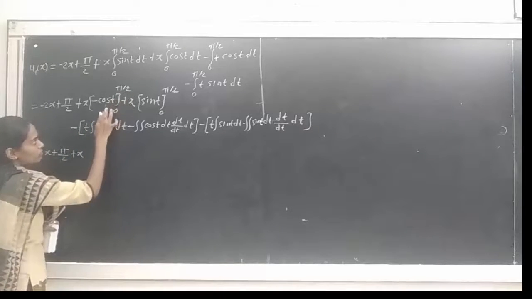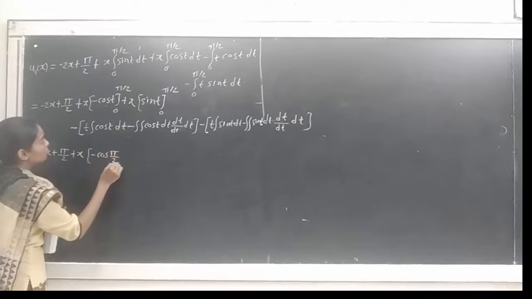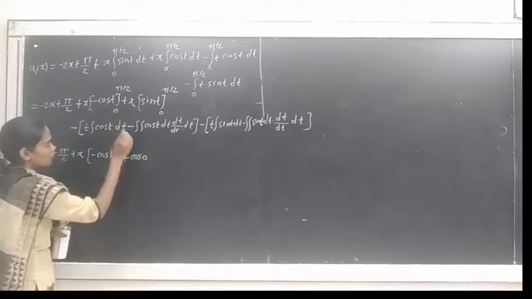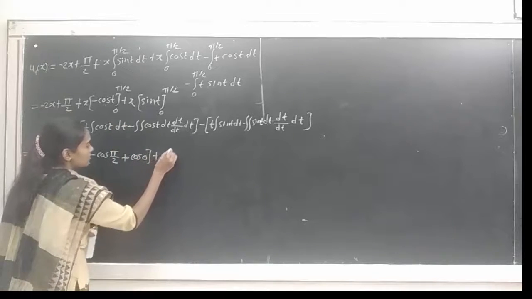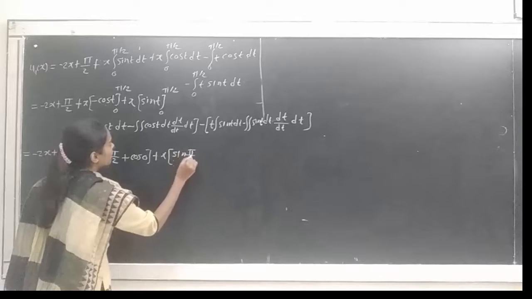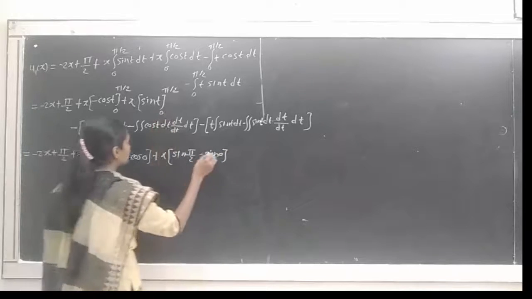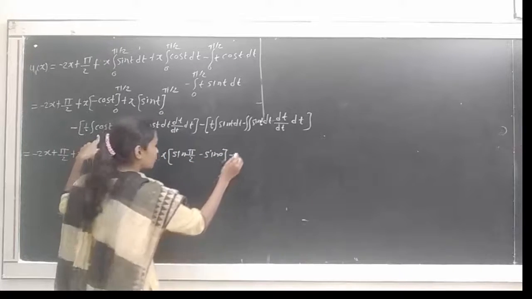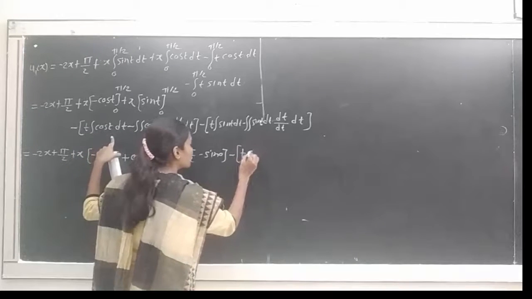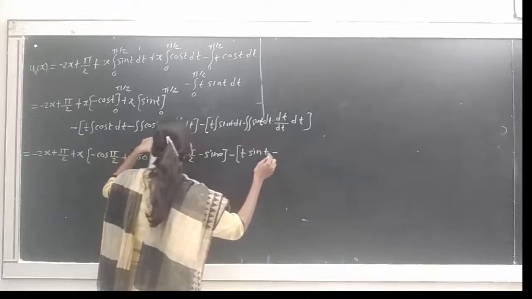Here if we put the limits, we get in bracket minus cos pi by 2, then minus minus becomes plus cos 0, lower limit will be 0, plus for this term also we put the limits, we get sin pi by 2 minus lower limit will be 0, that is minus sin 0, then we take integration of this term in square bracket t, integration of cos t will be sin t, minus again integration of cos t will be